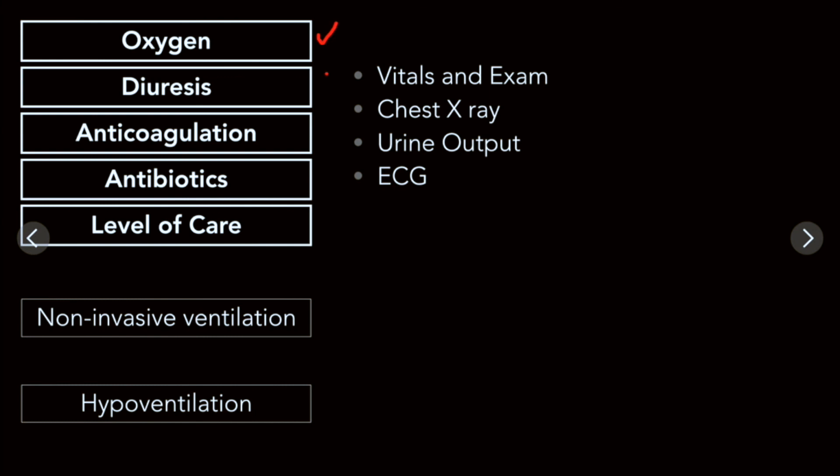For things like PE, and if that's what you're concerned about, you can consider placing them on anticoagulation. And then for things like aspiration or pneumonia, whether it's related to aspiration or not, you can start antibiotics. Throughout this process, one thing you want to keep in mind is, are they at the appropriate level of care? If their oxygen needs are going up, if you're putting them from a simple mask to a non-rebreather, then you really need to worry about whether they're continuing to be stable on the floor and whether our level of nursing can support what they need. The next step you want to think about